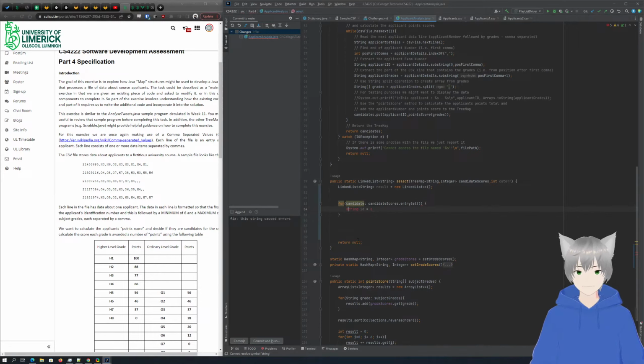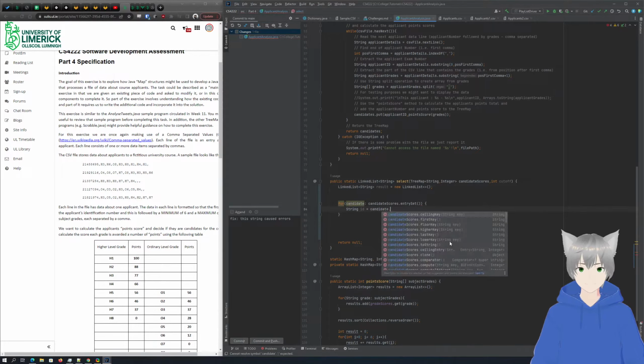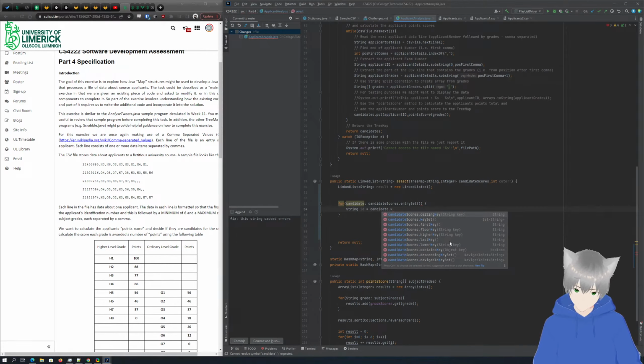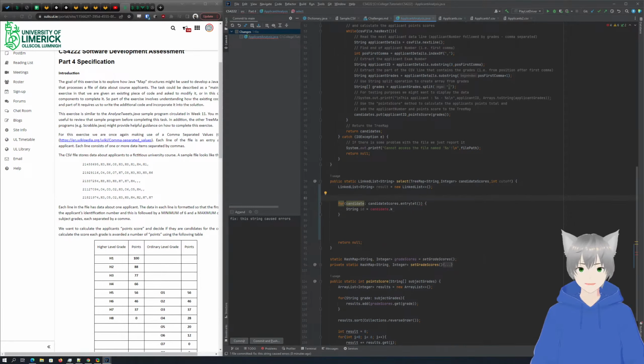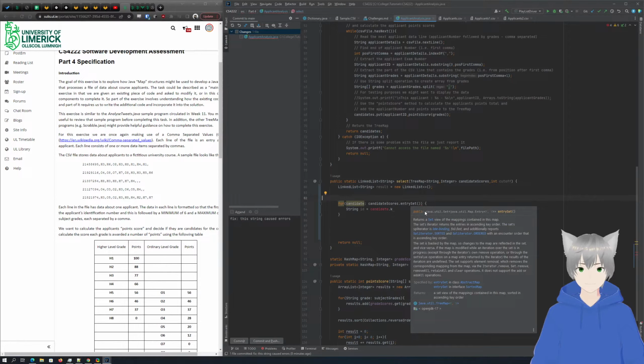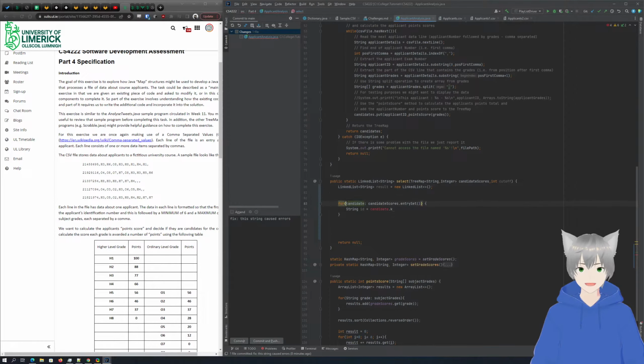Keep forgetting this is not Go. String ID equals candidate dot keys. Oh no. So entry set returns. Okay, that's complicated. Then I plug that in,